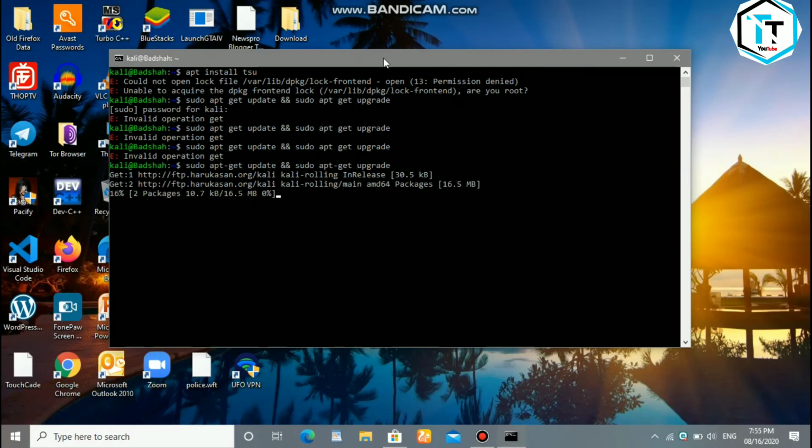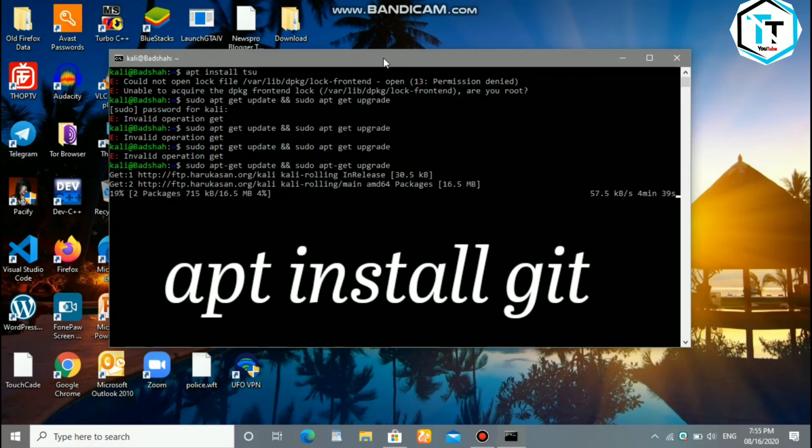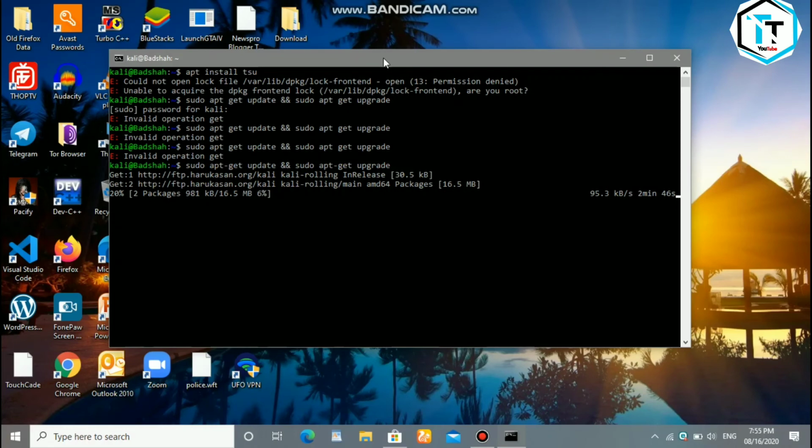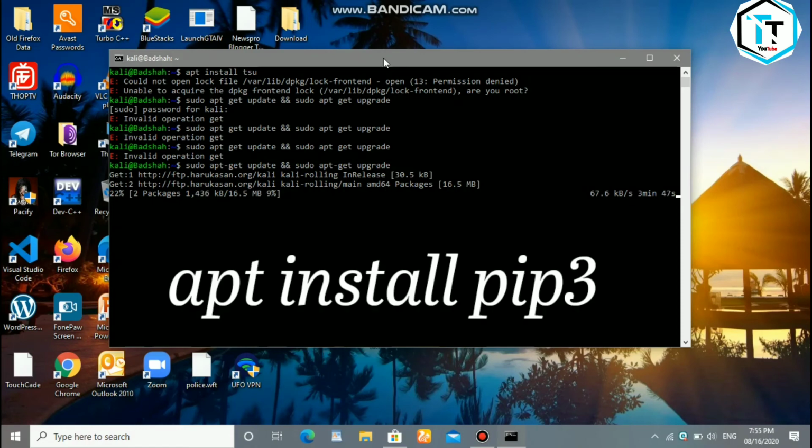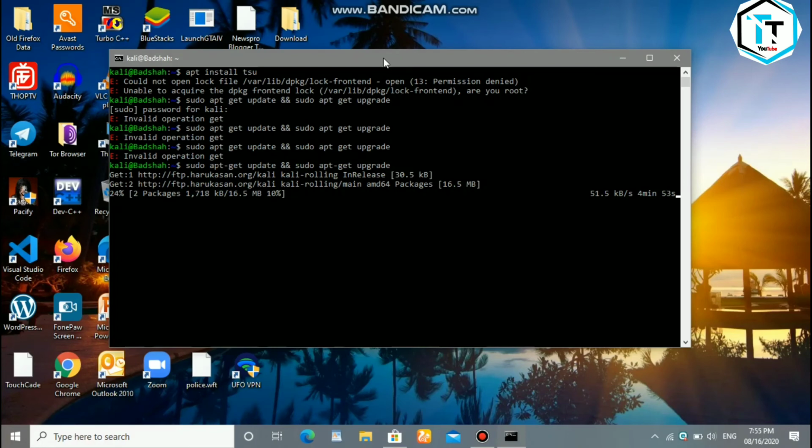So it is very easy to install Kali Linux. You can install git by running apt install git, and you can install many other necessary commands. If you want to install Python packages, firstly you run the command apt install python3 and apt install pip, so that Kali Linux has the pip command. I'll cancel that because I have already updated this.